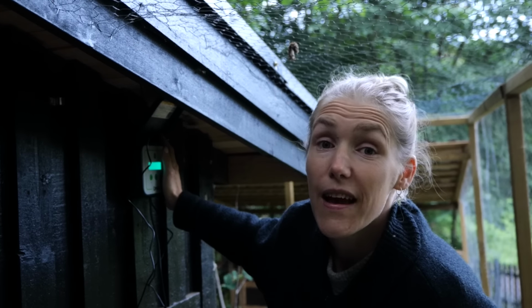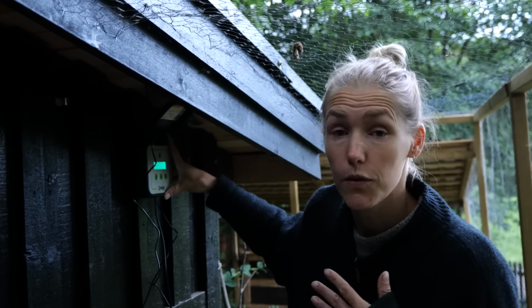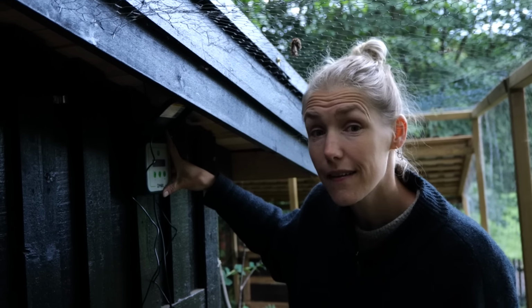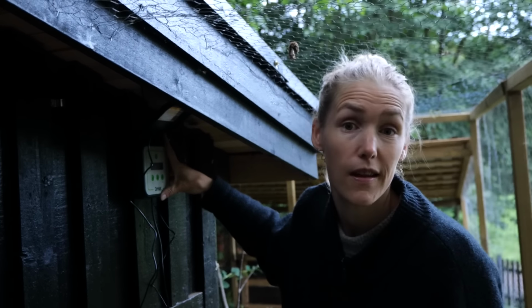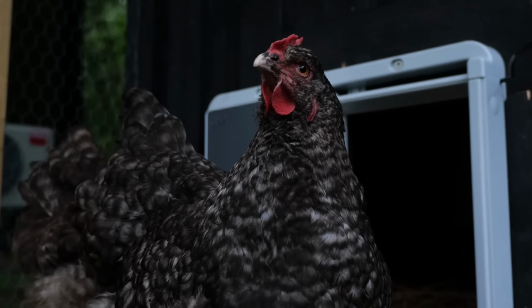So I'm using the time setting. You can also do a sensor, so it closes when it gets dark outside, but sometimes they don't want to go inside until quite late, so I think I prefer to set the time for now. And now it's